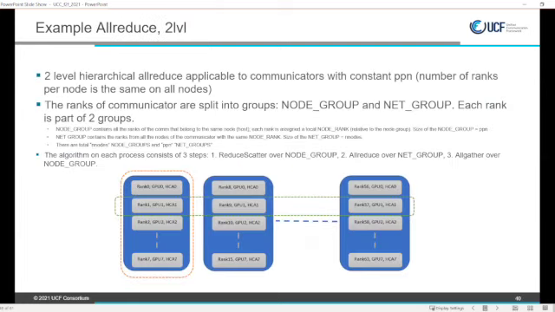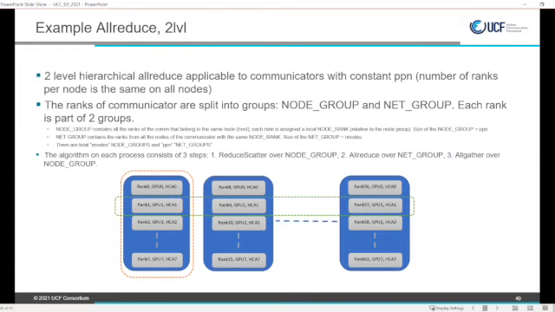So another example of hierarchical Allreduce, now optimized for bandwidth. The picture is actually taken from another talk, but bottom line, let's say we have several nodes and we want to perform the GPU Allreduce over GPU buffers. If we have, say, 8 GPUs per node and we have rails, and each GPU in this example has its own HCA, so we have 8 independent rails. Here's then one of the approaches that you could use.